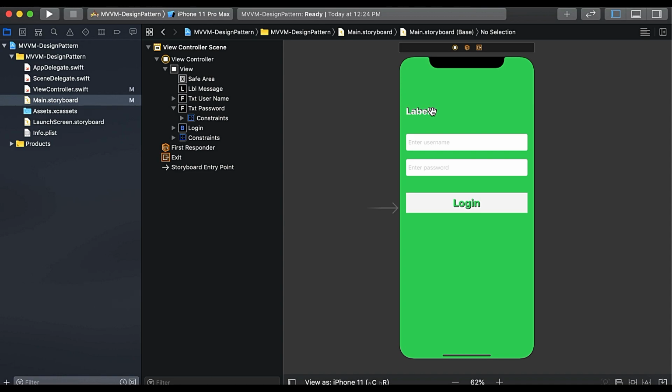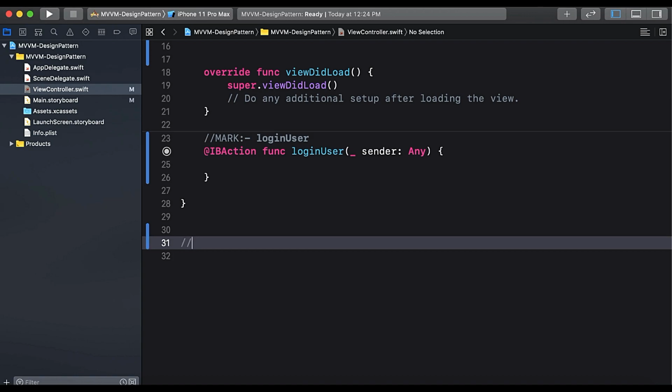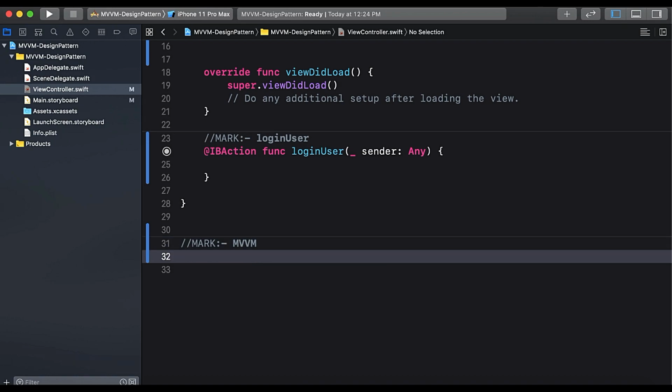So let's start. In Model-View-ViewModel, let's say what our model represents. So here let's make MVVM. So here we say M represents model and it contains data or info for our app. So the model part only contains the relevant info. For example, in our case, if we log in, then it contains the user info, that is the username, last name,